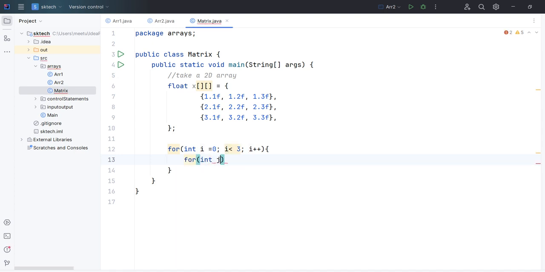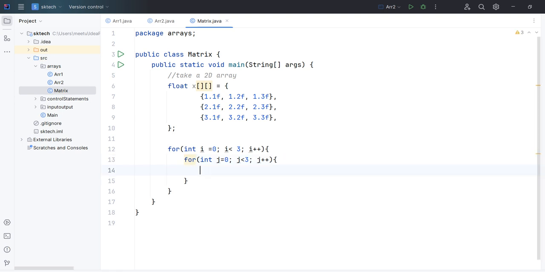Let's give the variable name as j = 0, again j is less than 3 because 3 columns are there for each row, and then j++, and then we'll print the value. So let's see how we can print it. If we want to print this first value, which position is it on? This is on the first row and the first column. The row is denoted by i, and the column is denoted by j, which is 0, right? So here what do we have to write? We have to write the array name, that is x, and then the position of the row, that is nothing but the i value, and the position of the column, that is nothing but the j value, right?